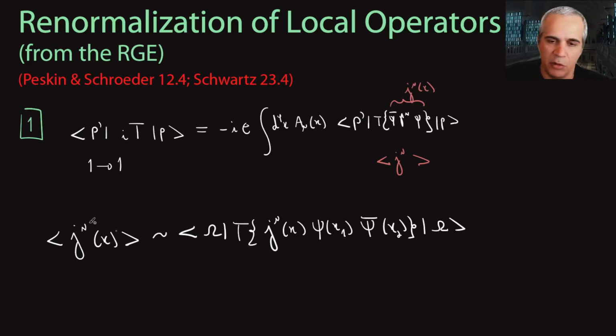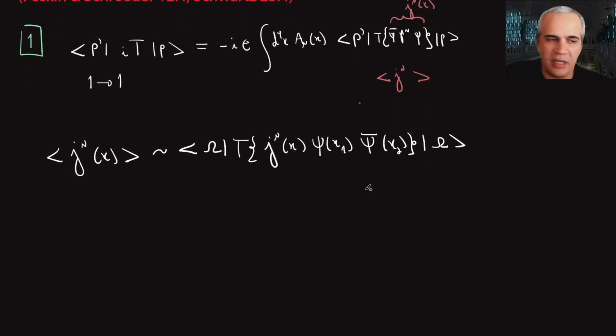I might want to know how this guy runs as I include loops in this theory. Suppose there are other interactions between those guys. There's a little trick we have to be mindful of here: since this local operator is connected to some external effect, there's no momentum conservation in the vertex at x. There's some external momentum going in, of course, being exchanged with the external electromagnetic field. And there are two ways we can indicate that with Feynman diagrams.